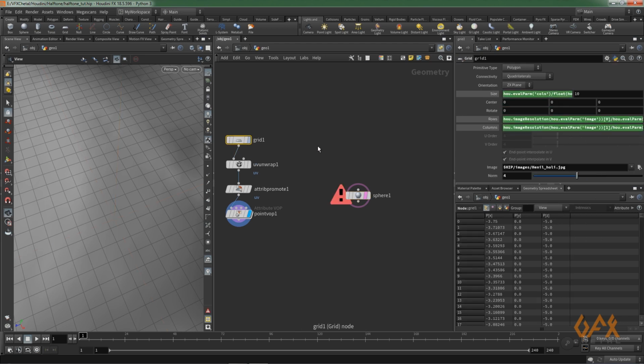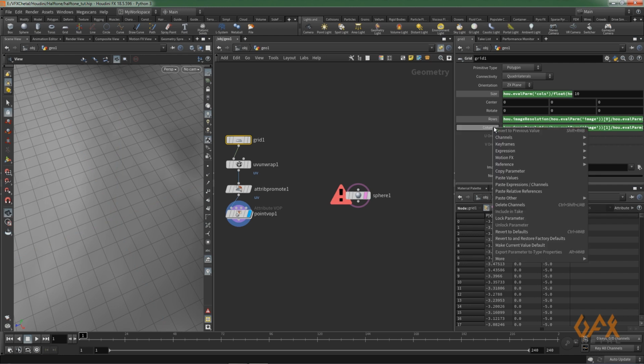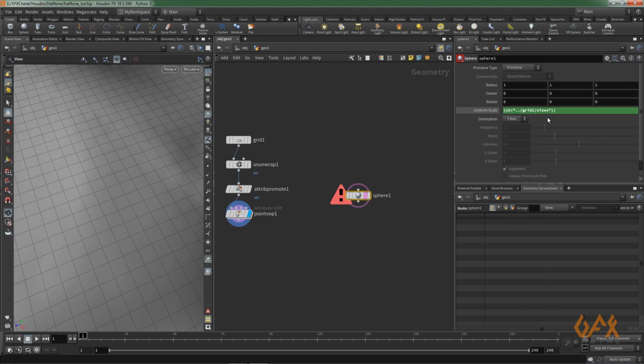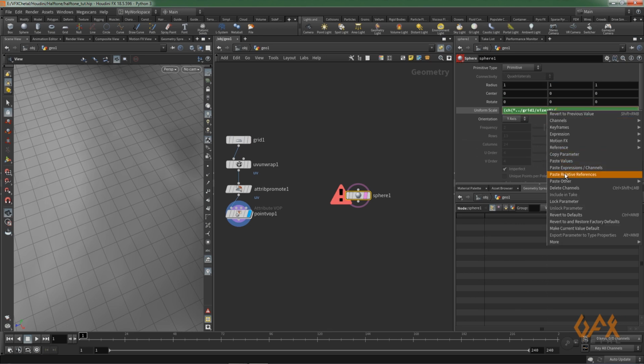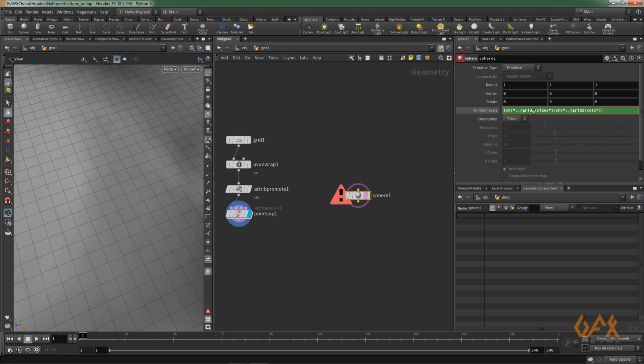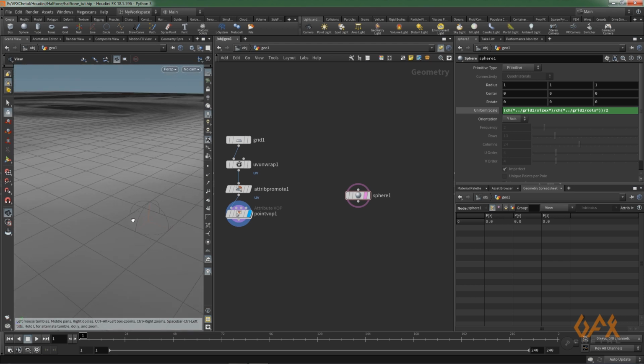I just come over here, right click column, copy parameter, come over here and paste relative reference. So size divided by the column segment and bracket over, and that thing divided by 2. Now you see my sphere is set into this